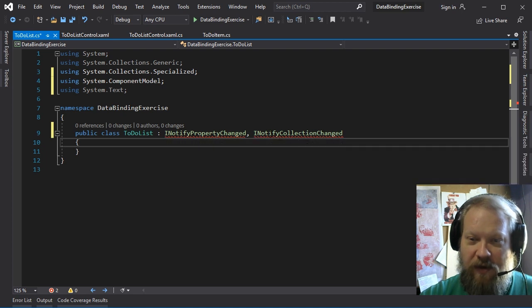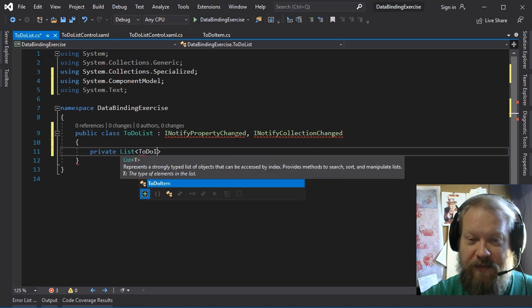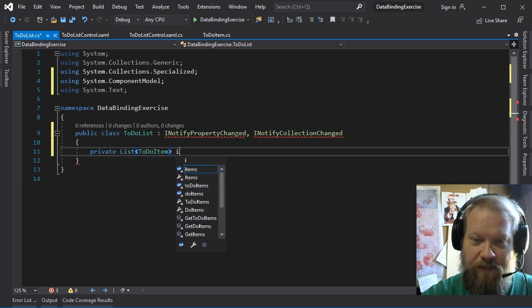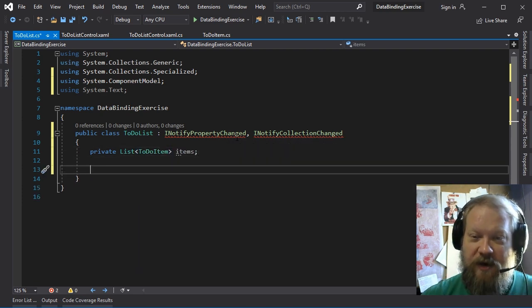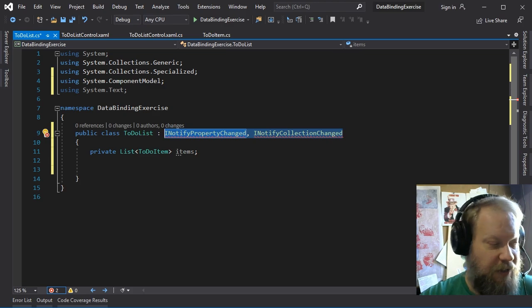We would have to hook up all of these. So we'd maybe do something like a public or a private list of type ToDoItem, and then we'd have to hook up a bunch of event listeners to this list, so when this list changes we would do these notifications. Now there is an easier way of going about this. For example, we have defined for us in the C# libraries